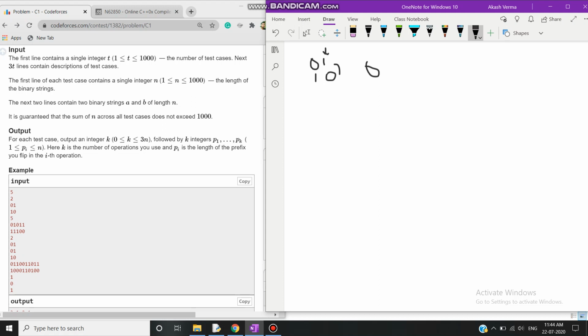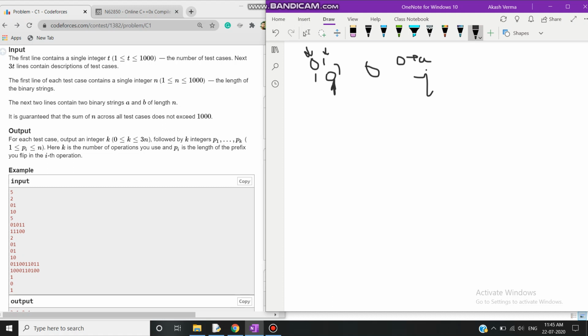There is an observation: if the ith bit of A and the ith bit of B, which you want to make equal, are the same, then first flip the 0th bit of A so that it becomes different from the ith bit of B, and then take a prefix of length i and perform the operation, meaning flip the bits and reverse it.